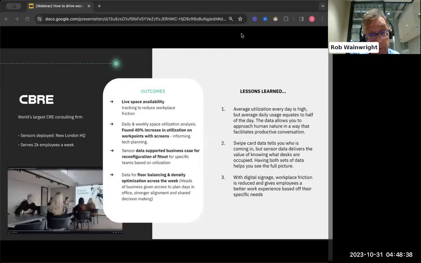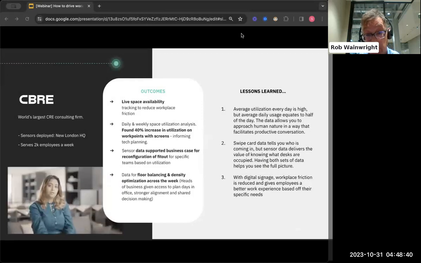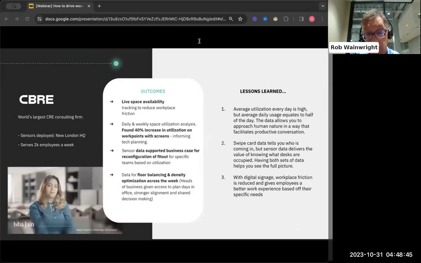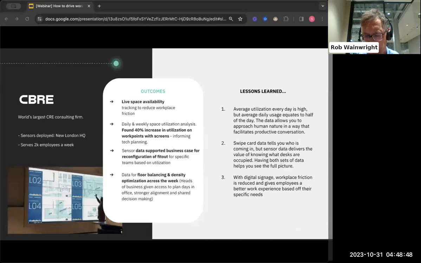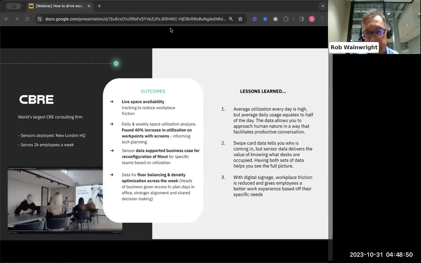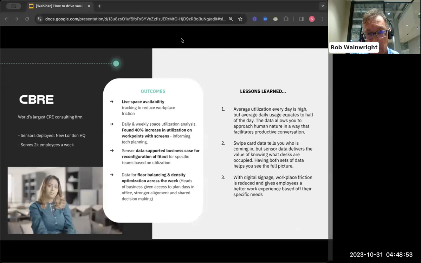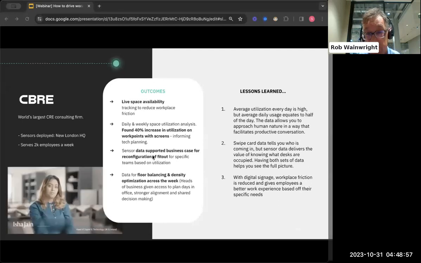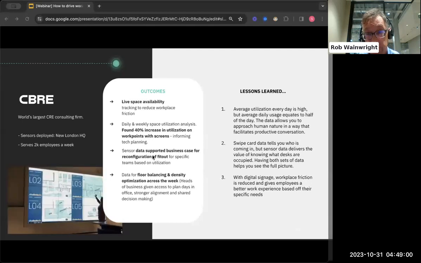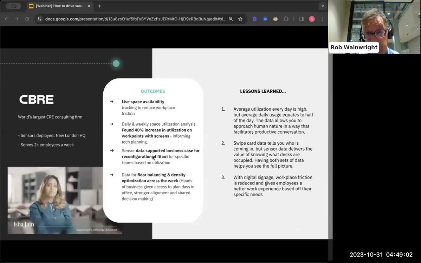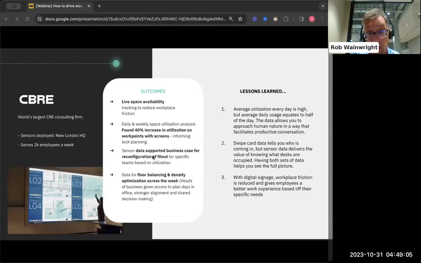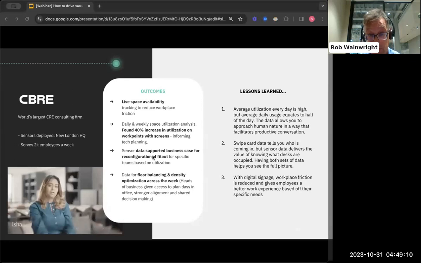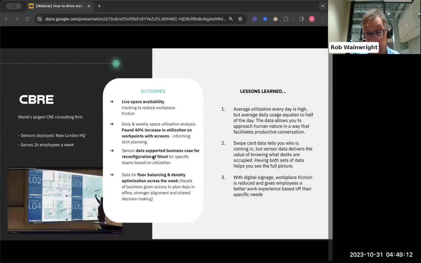And we found that the building has been incredibly popular and incredibly successful. Certainly from Q4 of last year, when I suppose you could say that the tail end of COVID, certainly in the UK, was, and everyone was getting back to the new normal. Since then we've been experiencing average occupancy levels of 75 to 80%, peak occupancy levels on Tuesdays and Thursdays of 90%. So an incredibly busy building, which brings its own unique challenges